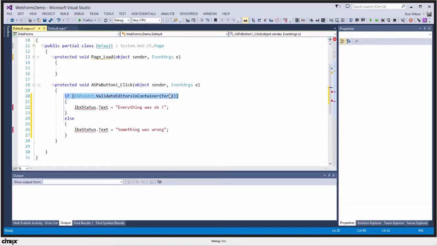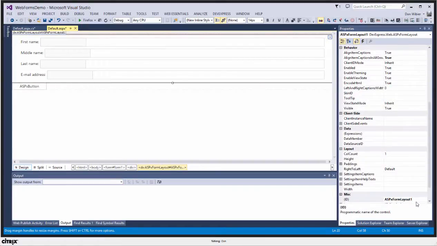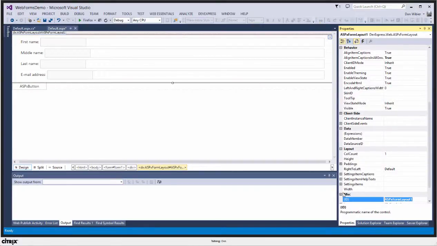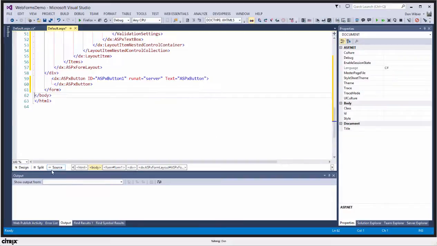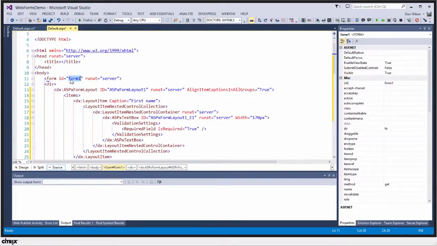And that is an important thing. Let me see if my name also was form. I guess it was. No, it wasn't. Oh, that was my ASP.NET form, yeah. The form that it should validate was this one. So if I run this,